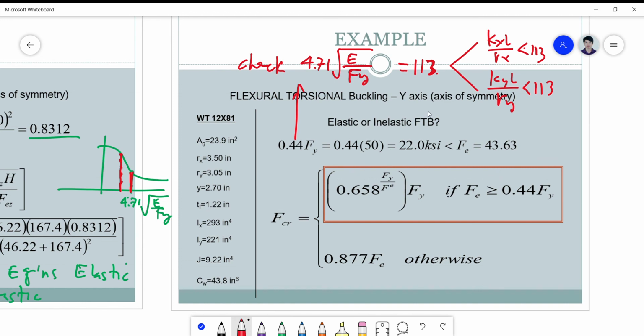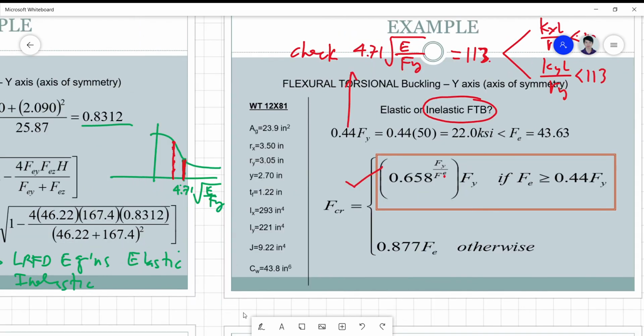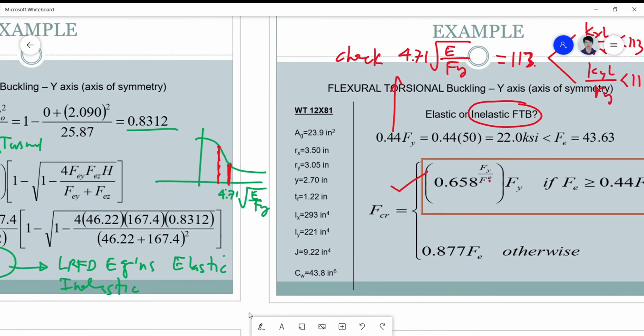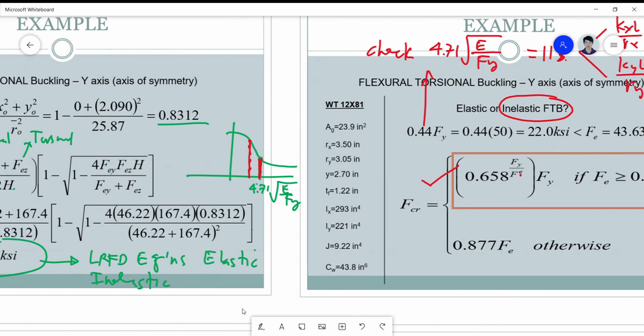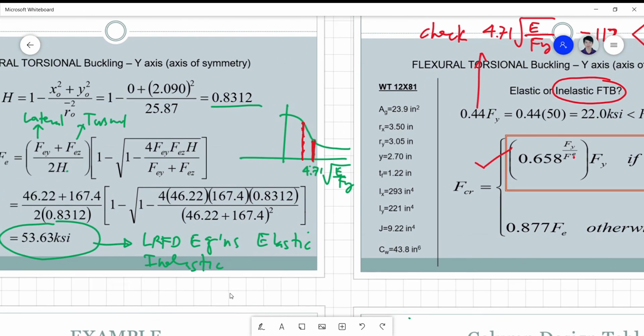So, inelastic buckling ka pa rin. Elastic ba o inelastic? O, inelastic. So, ito pa rin ang gagamitin. So, yung Fe na to ngayon, yun yung kanina. Which is flat. 53.63. Ito. So, yung susunod na step ngayon,